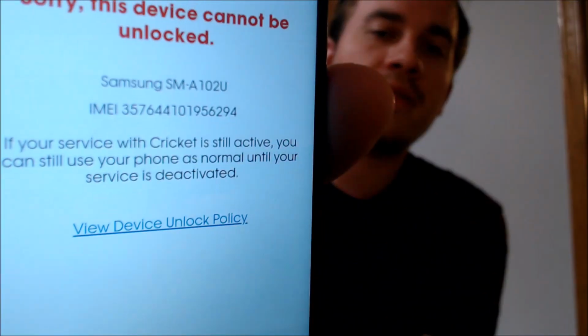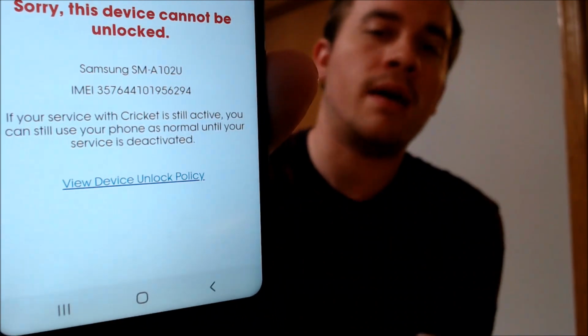And then, like most devices, it's going to say, sorry, this device cannot be unlocked. Cricket's requirements, I think the last time I checked, were that you use the phone with them for either 3 months or 6 months, so either 90 days or 180 days. So a lot of customers have contacted us because they either wanted to switch to a different carrier before 3